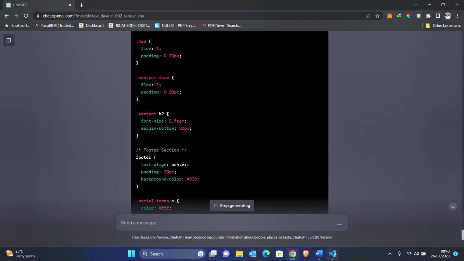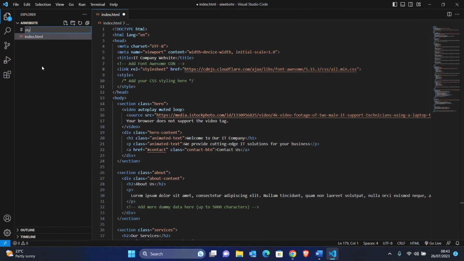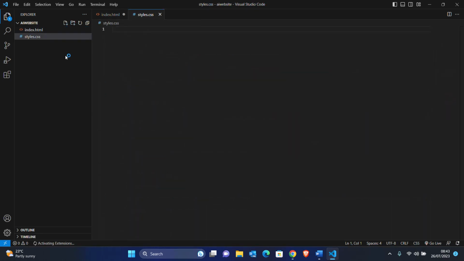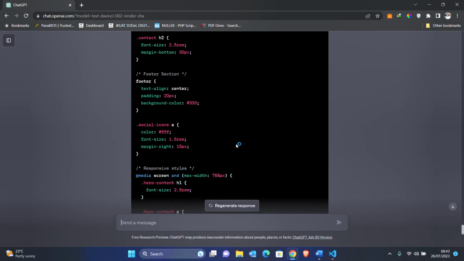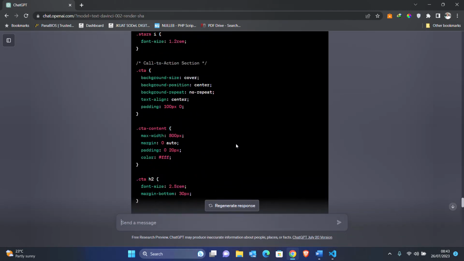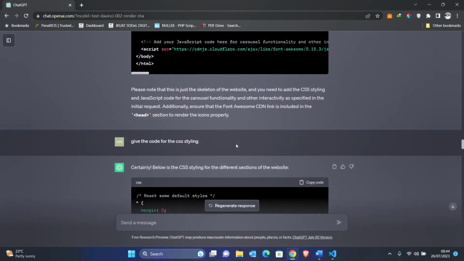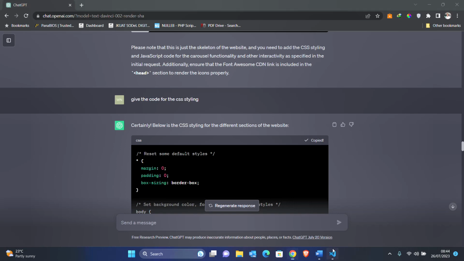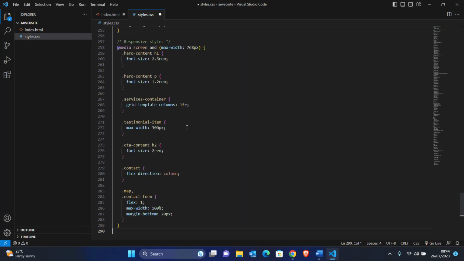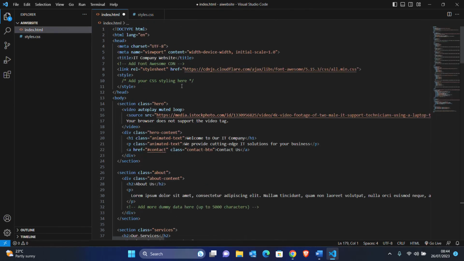As this continues, back to our editor here, and we'll create a new file for that, and we'll call this styles.css. There we are. So our styles.css. Come back and confirm this if it's done. Yeah, it's done. Okay, so let's grab this, copy this code back to our editor, paste that code, save, come back to our index page here,